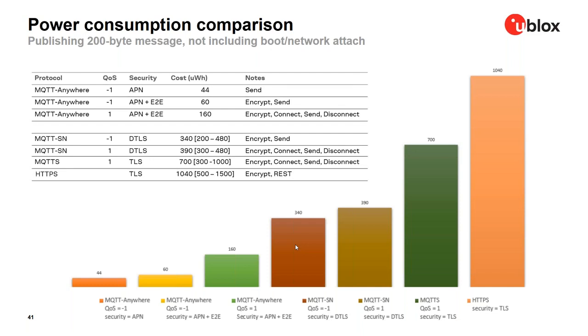And if we raise the quality of the service to 1, this is the brown one. Again, the energy consumption will go up. But what if I just switch from DTLS on top of UDP, which is connectionless if you want, and go to TLS? This is actually MQTT, and the quality of service is 1. This is the dark green solution.